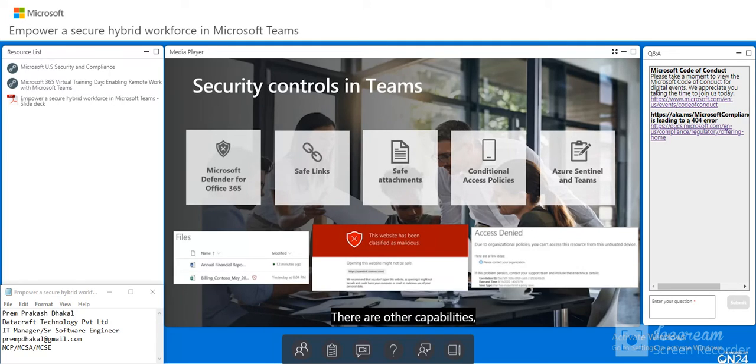attacks. And there are other capabilities, as you saw a little bit there earlier, with our conditional access policies to say if a user is using an unmanaged device, well, we're going to make sure that they don't have access to that content until they use a device that is managed by the